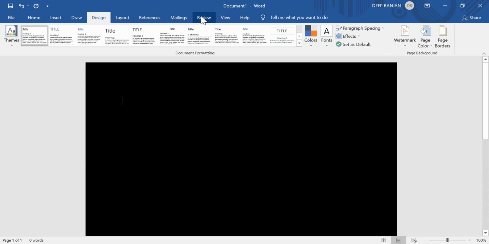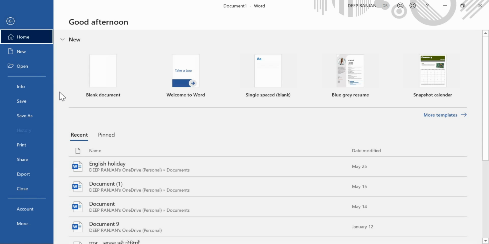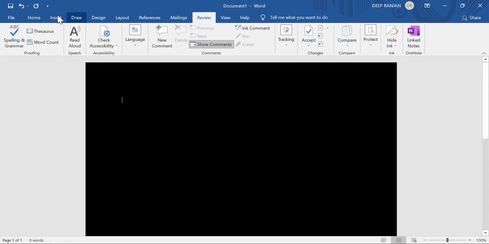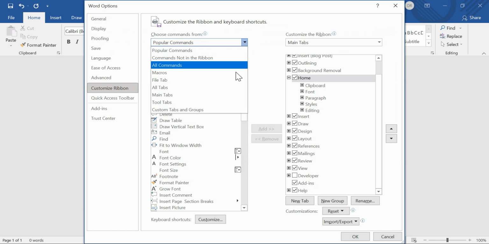If you are using the 2016 version, then you will go to the review option. Here it is hiding, but in your 2016 version there will be an ink option. Here you can see that it's not available in my version because it's made in 2016. If it is not available in your version, I have already told in my previous video, go to options here, or just go to any of these, right click on it, customize the ribbon, then this will appear and you can go here.